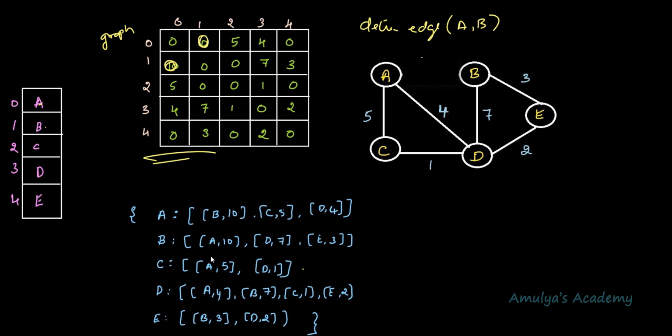In the adjacency list representation, go to the adjacency list of A, list of key A, and remove this. You need to remove this, and go to B and remove this edge. From the key B, remove A. From the key A, remove B. So now we are done. So this is about deleting the edge from the weighted undirected graph.